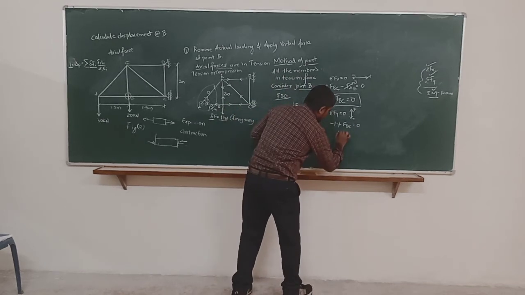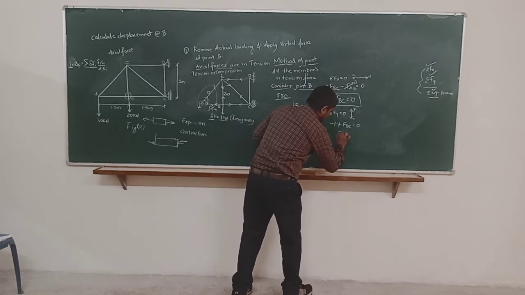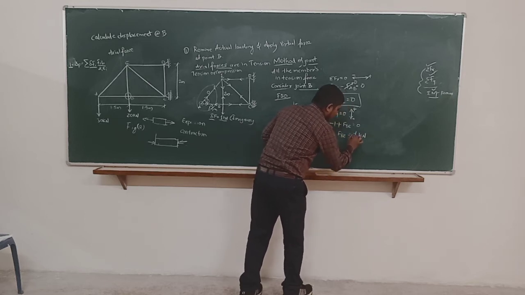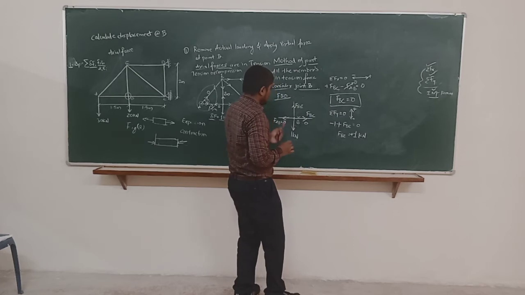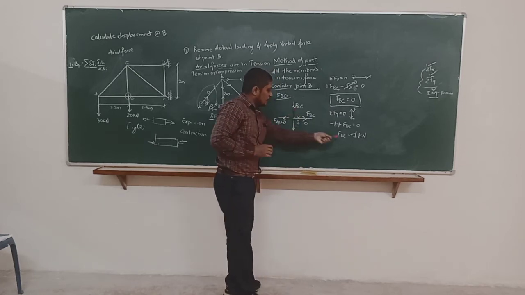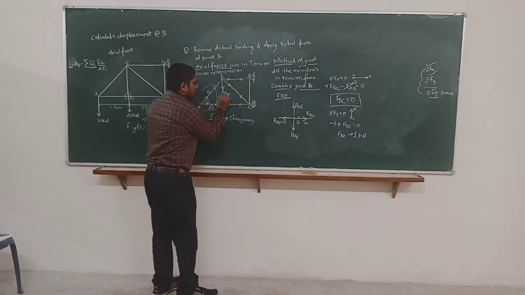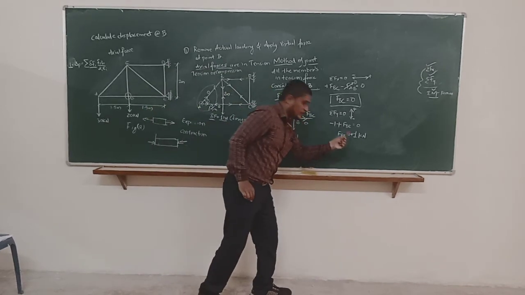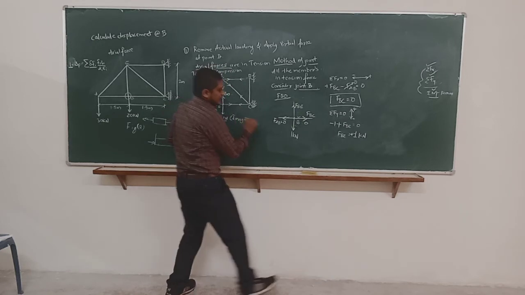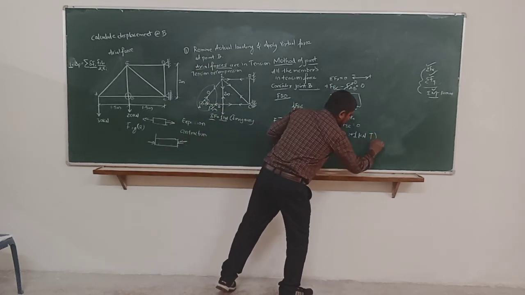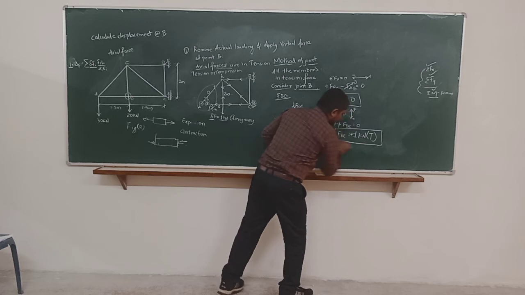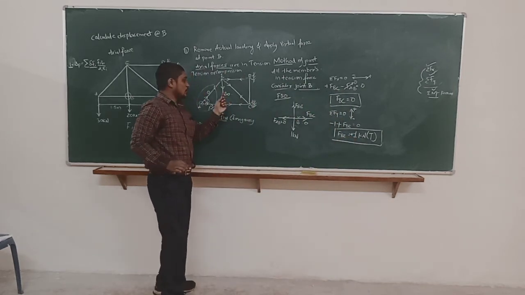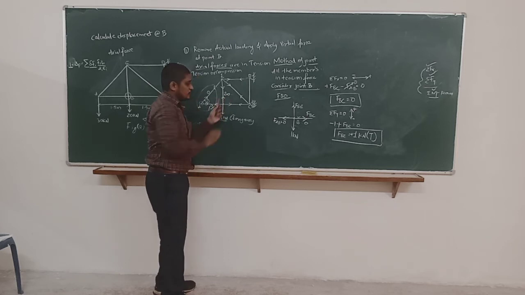Okay. So finally FBE is equal to 1 kN, and we are getting a positive answer. Means the assumption which I have done for the member BE, I have assumed that it is in tension, and finally I am getting the positive answer, means my assumption is correct, means this is in tension. If I would have got a minus answer here, then my assumption would have gone wrong. The direction will change here to compression.